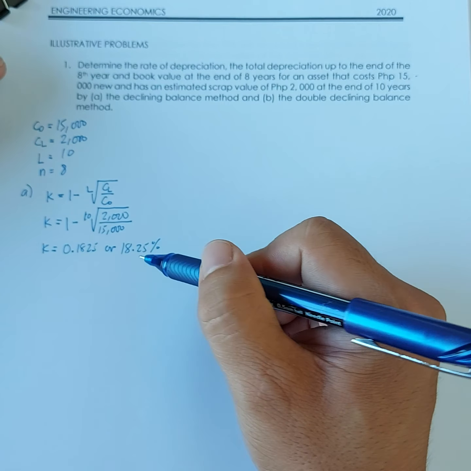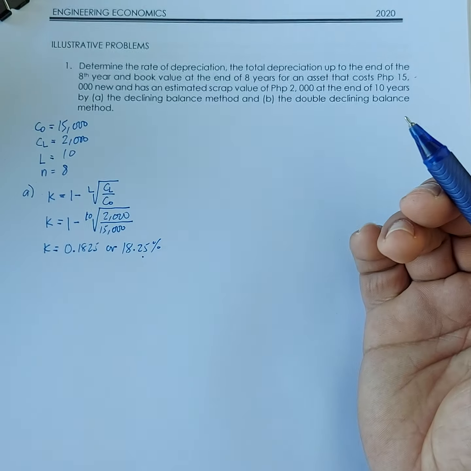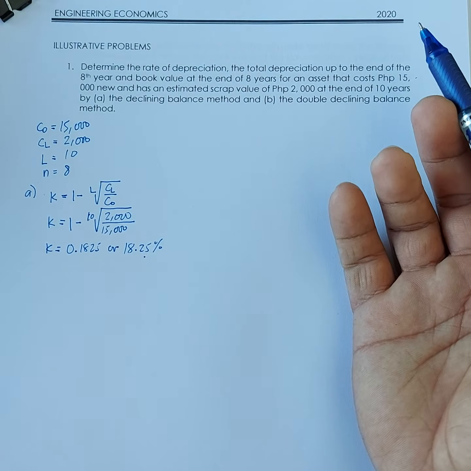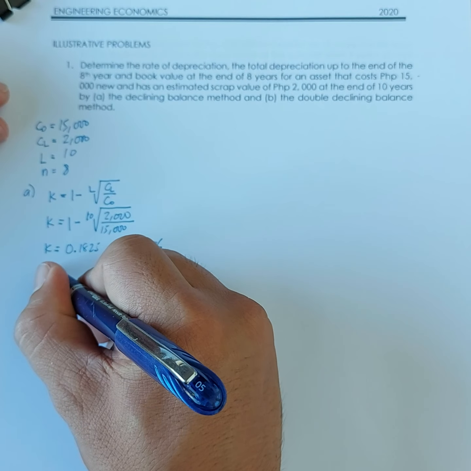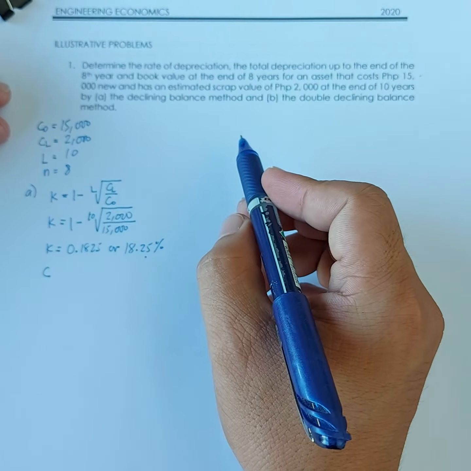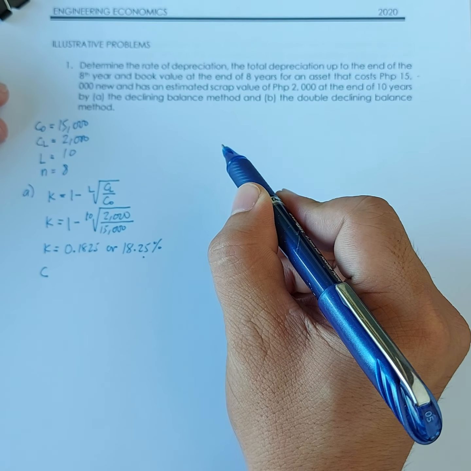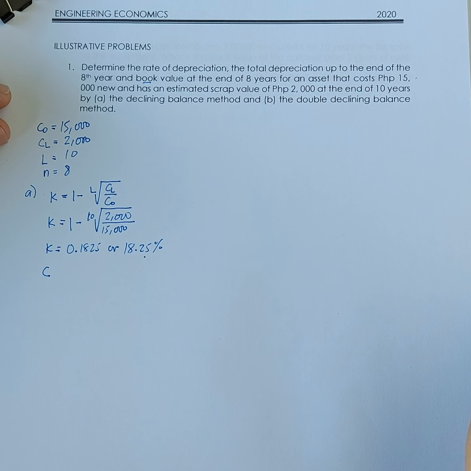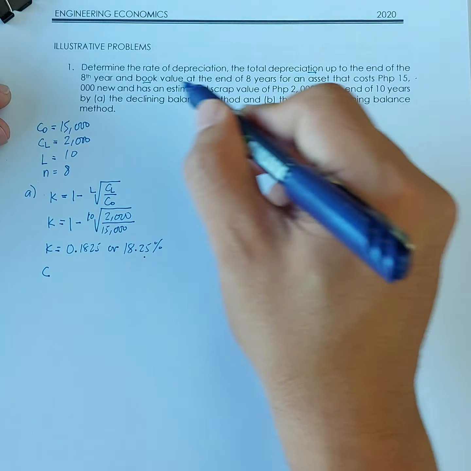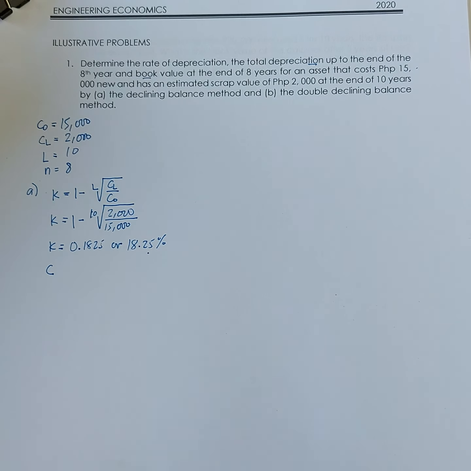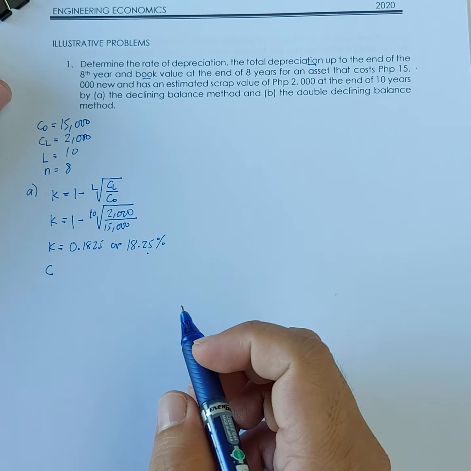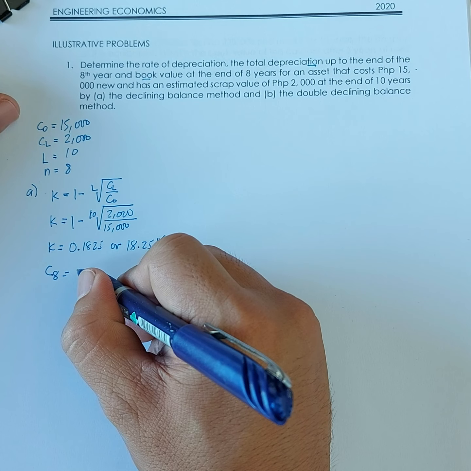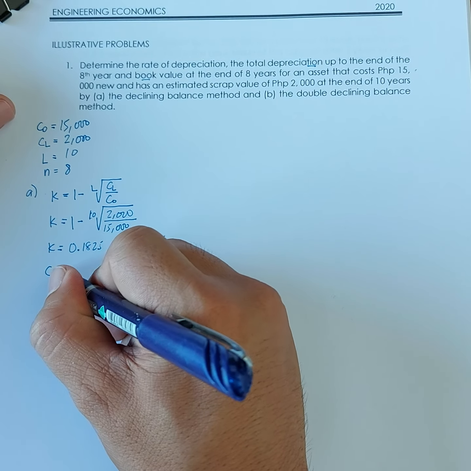This is important when we compute for the book value and the depreciation for a certain number of years. So since we're solving for the book value, let's solve the book value. Total depreciation and then the book value. So the book value in 8 years, C8, is equal to, using the formula we put earlier,